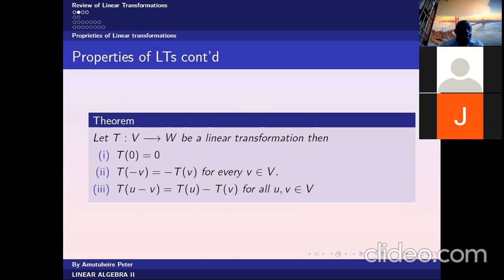That theorem says that if T, a transformation mapping V to W, is linear, then it maps a zero vector in V to a zero vector in W. And when you give it a negative vector, then it returns the negative. Okay, so this one tells us that